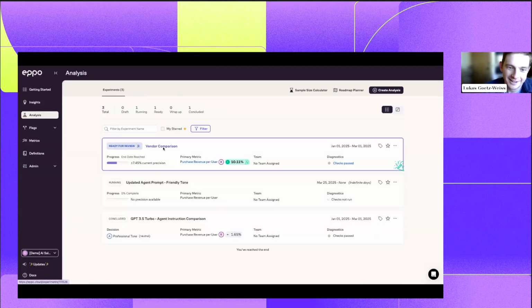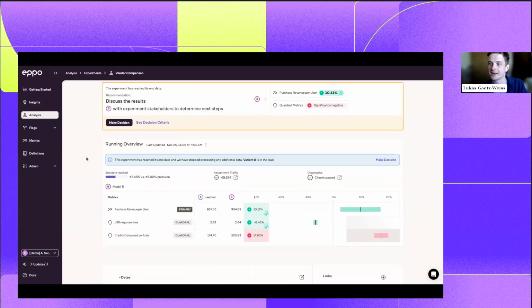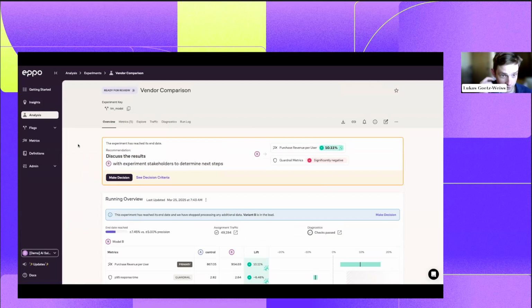That's the floor, as I see it at least, of how fast you can run experiments, because now we've automated a lot of the human parts of the life cycle. We've squeezed whatever data we can out of a machine learning model to make this as predictive as possible. And now we can hopefully run dozens of tests in a month and be able to act on all of them. The last thing I'll mention before wrapping up and opening it for questions is